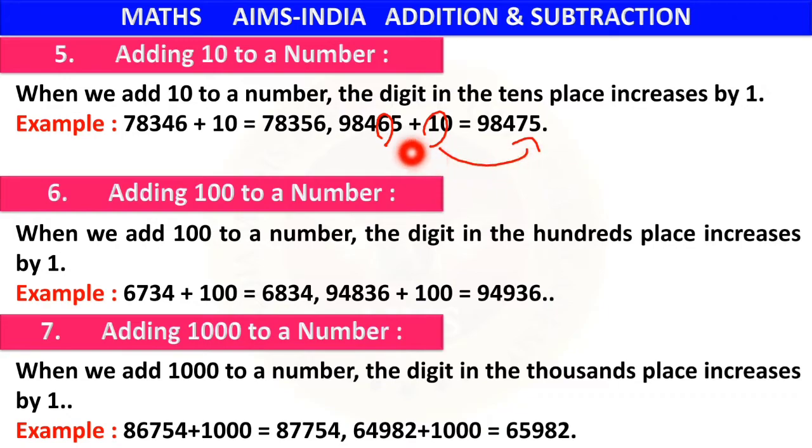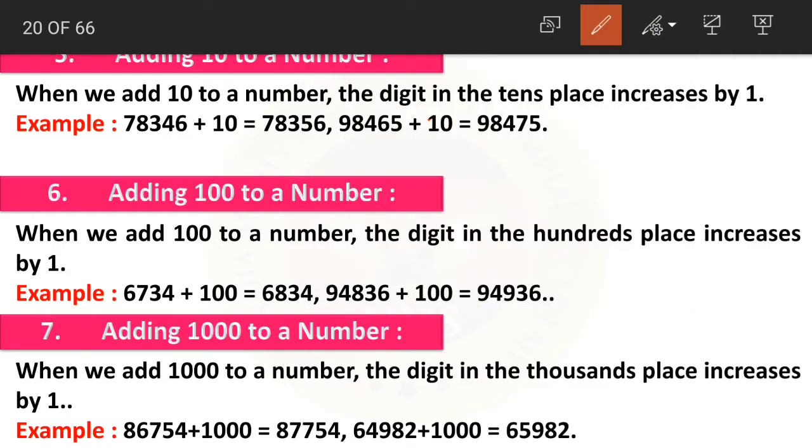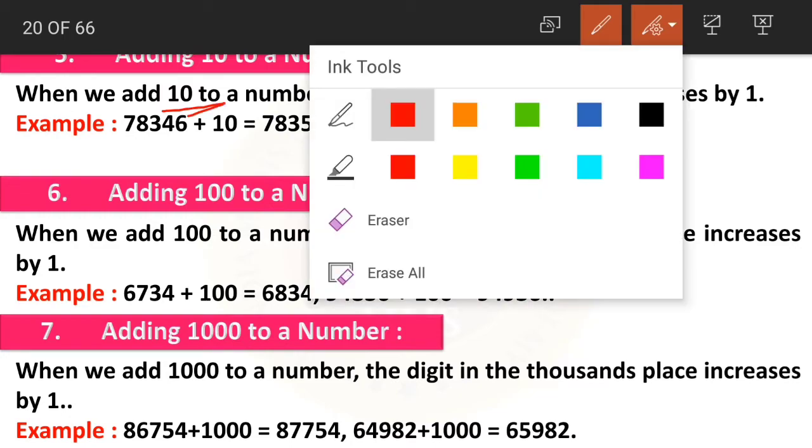6 plus 1 is equal to 7, and before 6 what did we have children? We have 984. So the same 984 we write before the 7, and 5 plus 0 is equal to 5 only. So 5 as it is. The only change here is to the digit in tens place. Now suppose we had 20 here. Yes, instead of 10 we had 20 here. Now 6 plus 2 becomes 8. So instead of 98,475, it would be 98,485. Clear children? This is how we add tens to a given number.